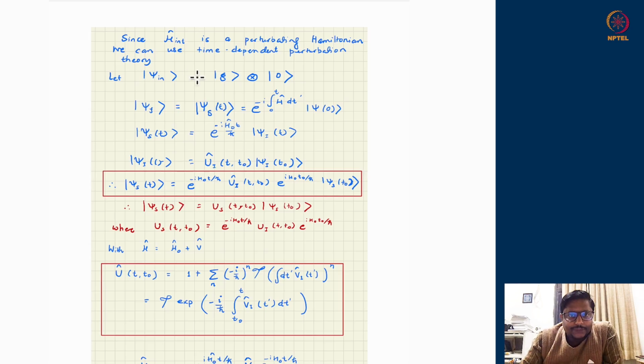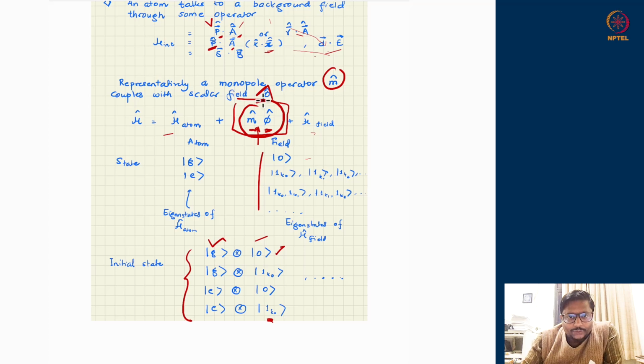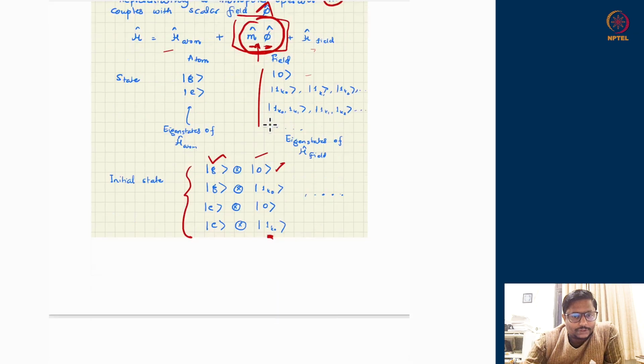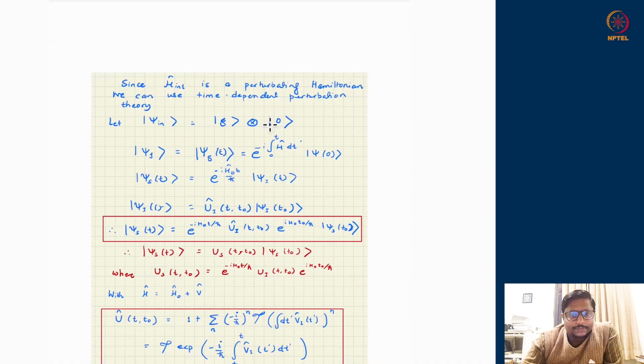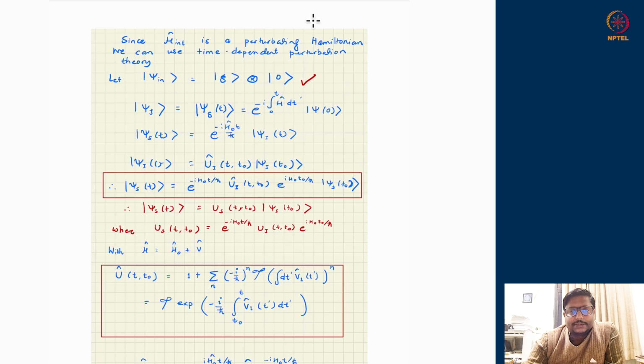So remember, I have an interaction Hamiltonian, which is a perturbing Hamiltonian and is time dependent. The field phi and M that we will see over here both have a time dependence. The field changes from position to position and time to time. So this is a time dependent perturbation theory approach, where my initial state is given as one of the possibles. Let us say the state where both the field as well as the atomic system are in the ground state, and then let us evolve the system with the full Hamiltonian.